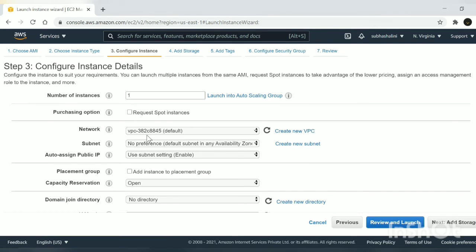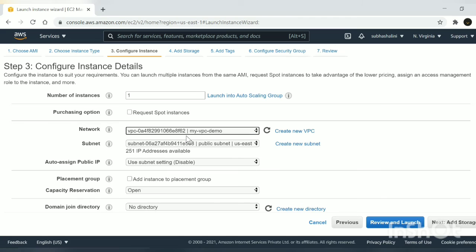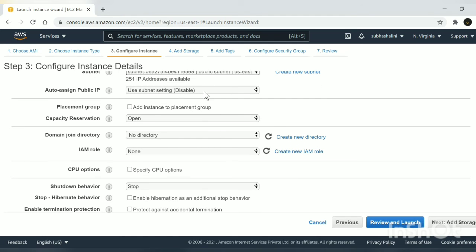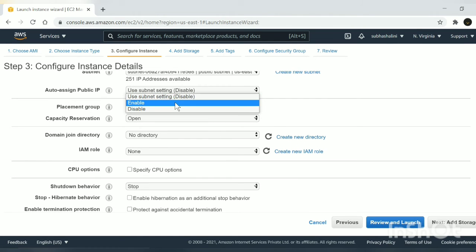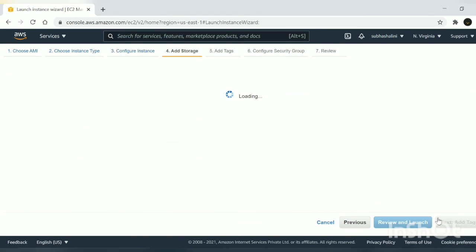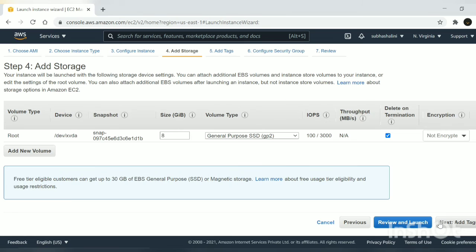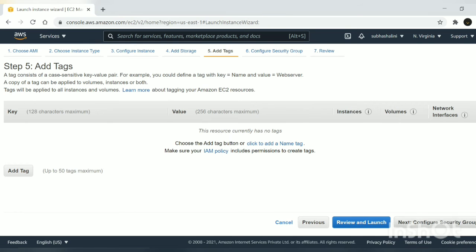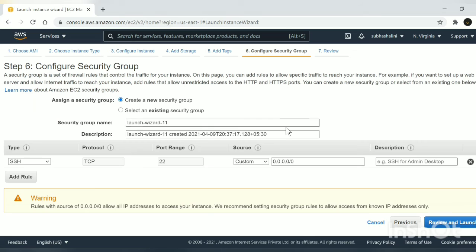Here we need to select the network, that is the VPC under which we are going to create our EC2 instance. I'm selecting the new VPC we have created, my VPC demo, and I'm going to put this EC2 instance in the public subnet I have created. Public IP, make it enabled, and just go to next, next, next.